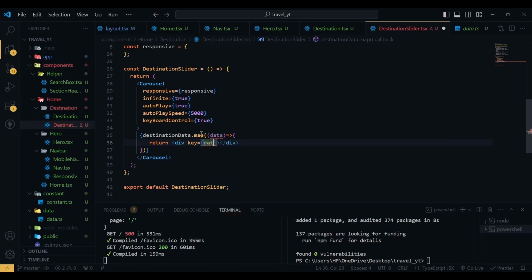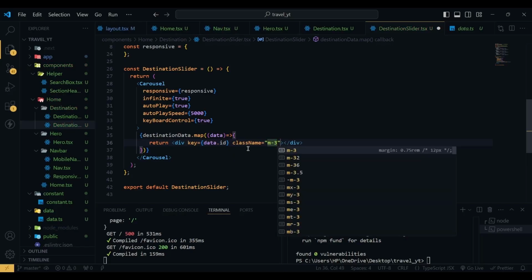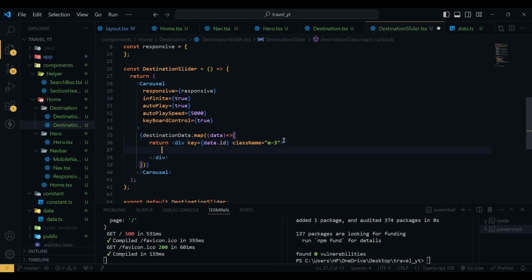The key will be data.id, and then this div has a class name of margin 3. Now inside this div we have another div with class name of relative, height will be 400 pixel,